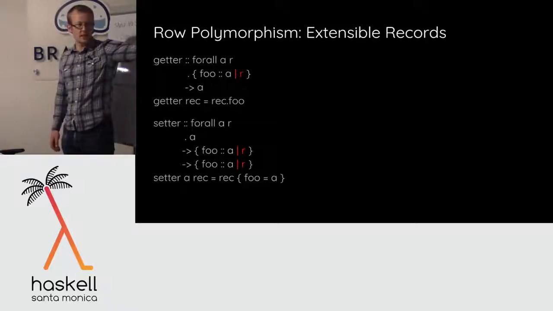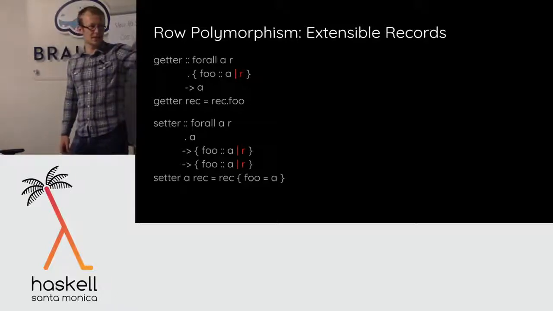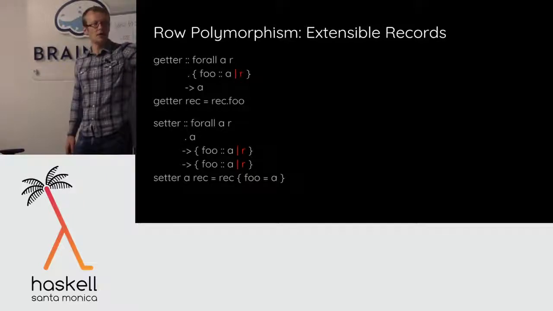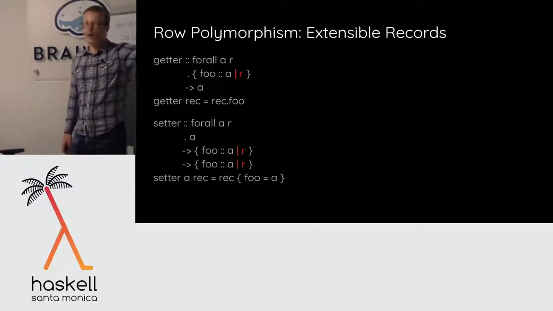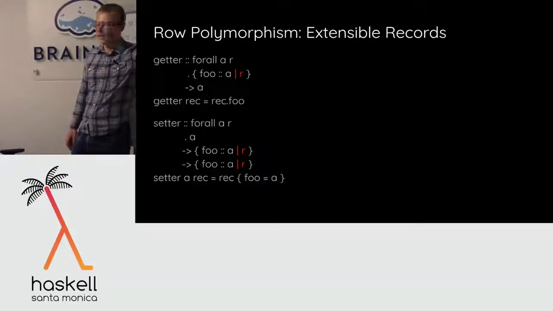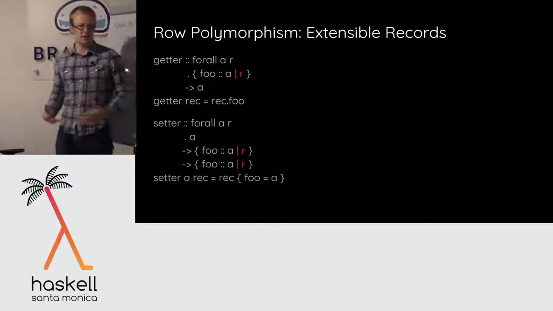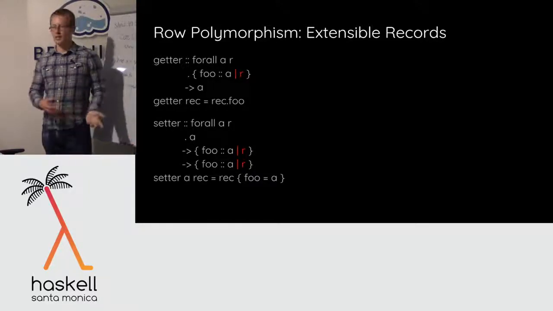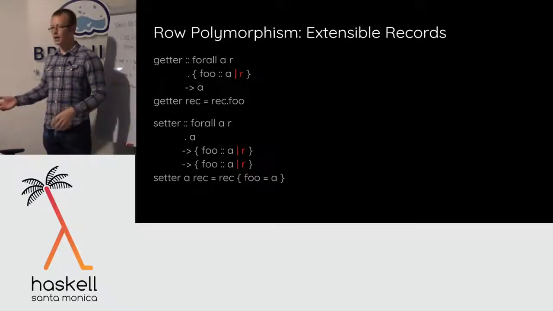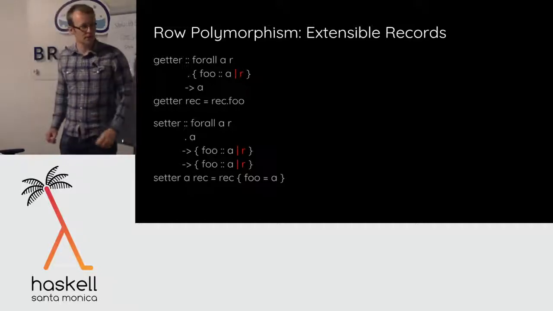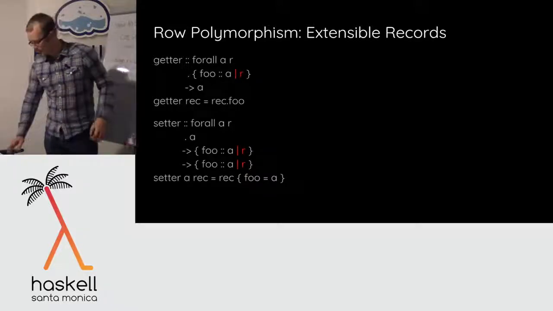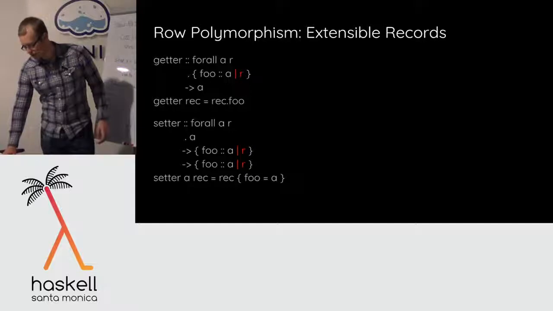And just like we can do getting properties, we can also do updating or setting properties, right? So if I give you an A and a foo that you know, a label, an object that has a foo label with an A in that label and any other properties, then I can give you back something of the same type, right? But crucially, the tail is the same type, right? The type of the tail didn't change. By updating foo, I didn't update bar or remove bar or add baz or anything, okay? So this is quite handy, and it's a really nice fit for JavaScript records.